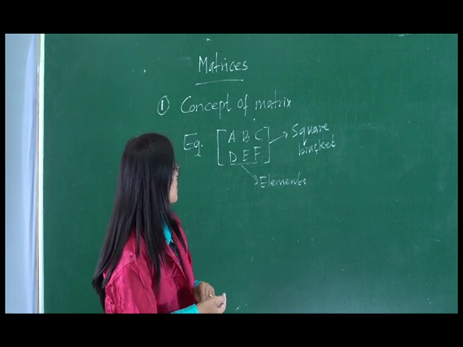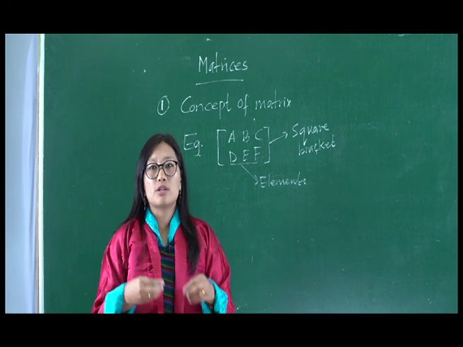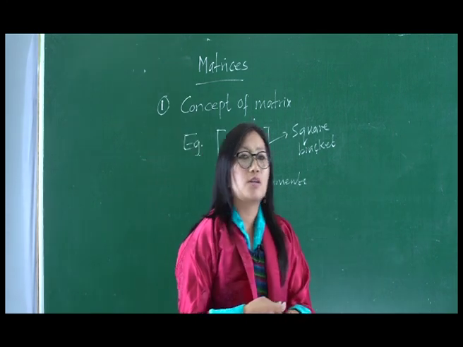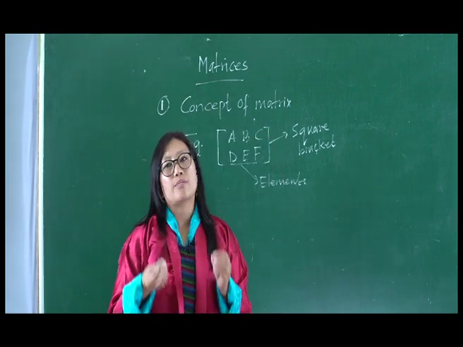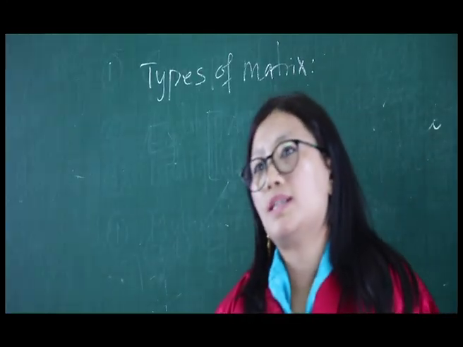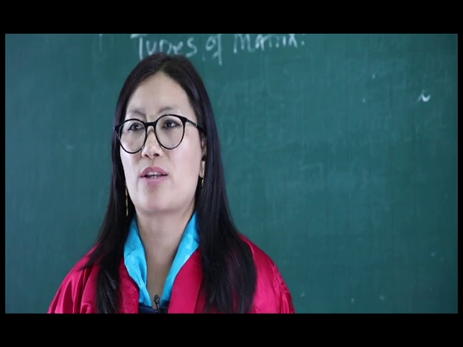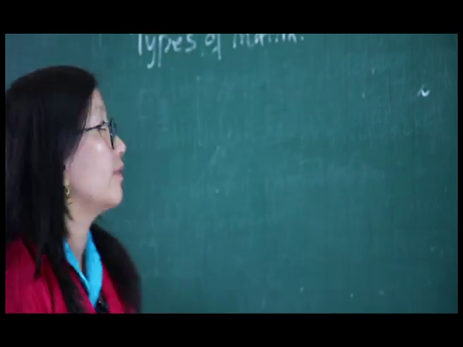Now the next concept is that you have to know the dimension of a matrix. The dimension of a matrix is denoted by the number of rows and the number of columns. Now let us move on to types of matrix. We have 6 types of matrix. The first one we have